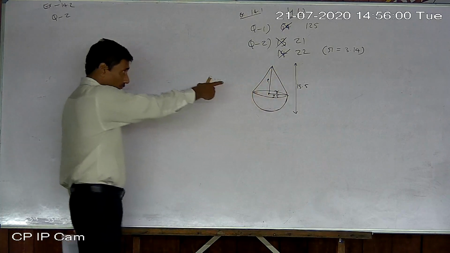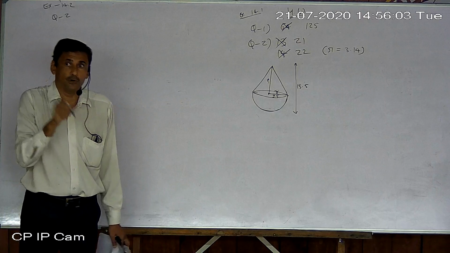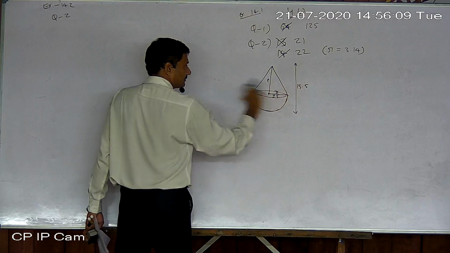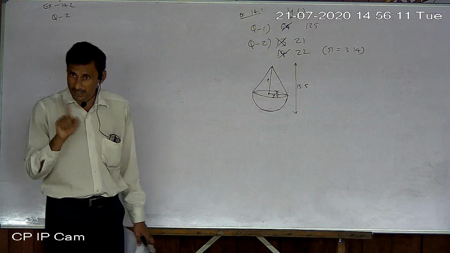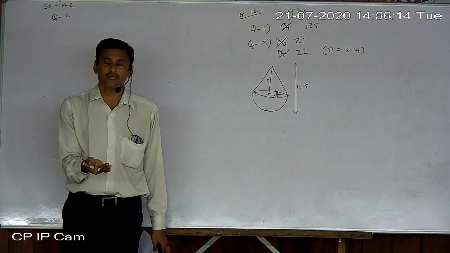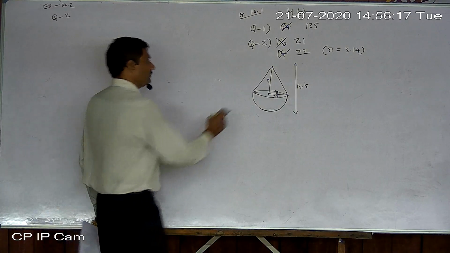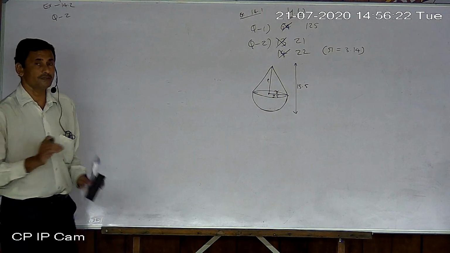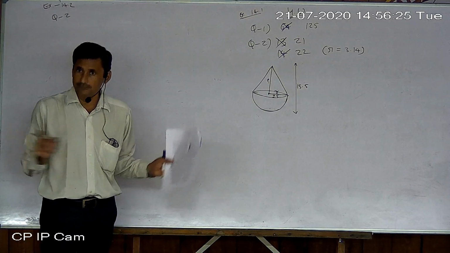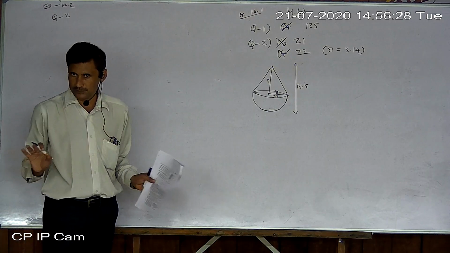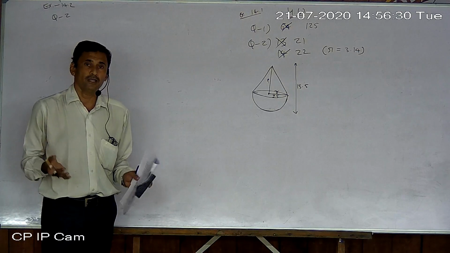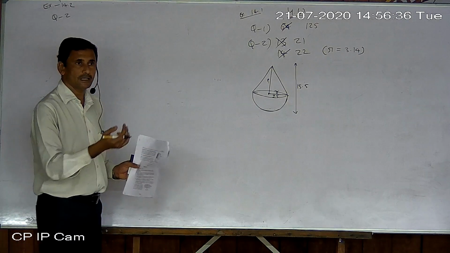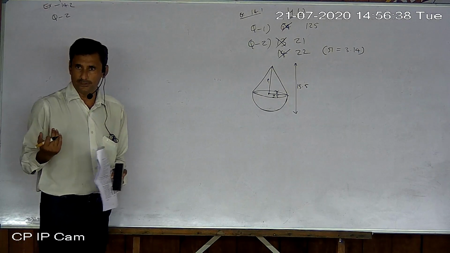So first of all we have to find that height, and another problem is that the slant height is not obtained by subtracting. So first of all we have to find height H, then find L. Why? Because without L we cannot find the curved surface area of the cone. And whenever a combined shape is there, we always find the curved surface area, not the total surface area. I frequently tell you this because many students make mistakes of this type, and they frequently ask questions of this type in the whole year.